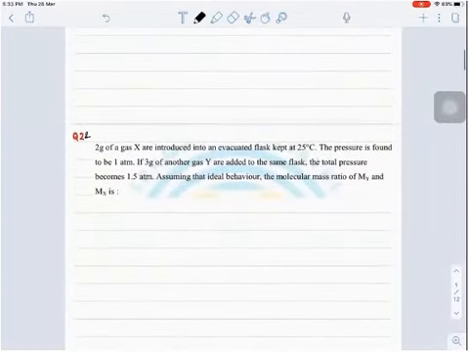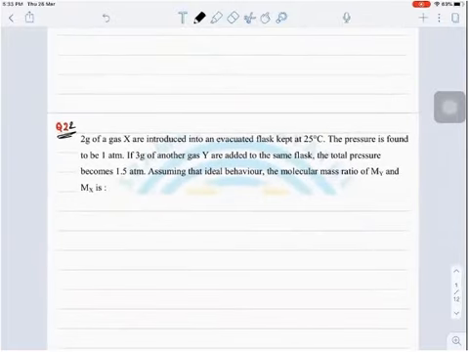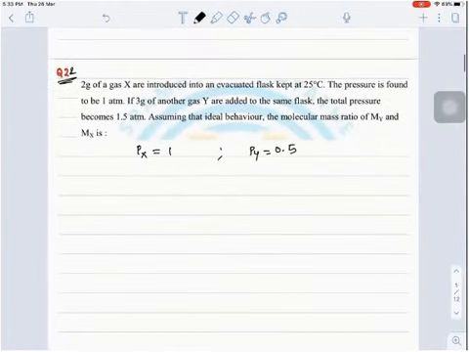Next question is question number 22. This question is based on Dalton's Law of partial pressures. There are 2 gases, X and Y. Partial pressure of X is 1. Total pressure is 1.5. So partial pressure of Y will be 0.5. So Px by Py we can write it as